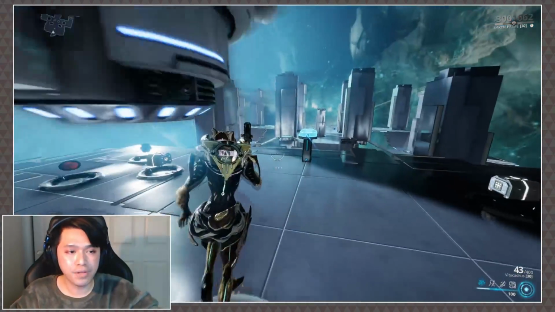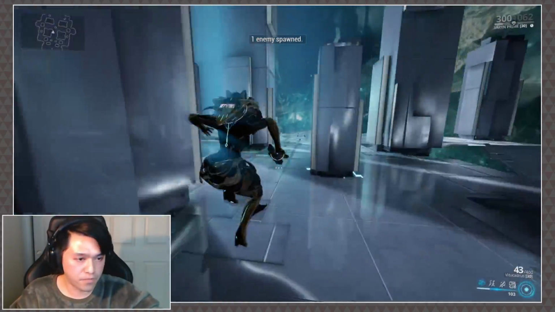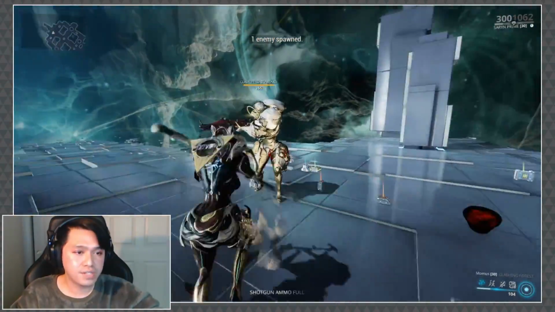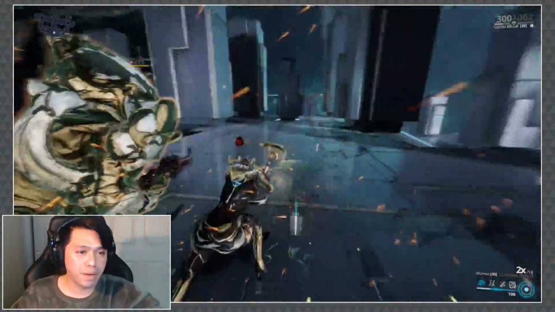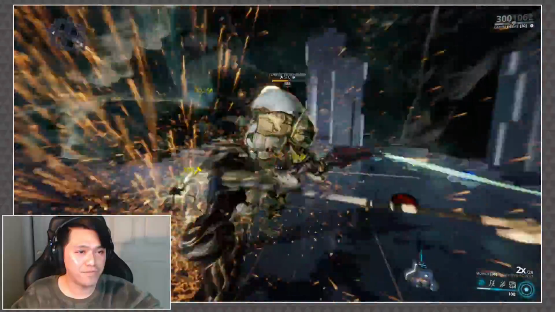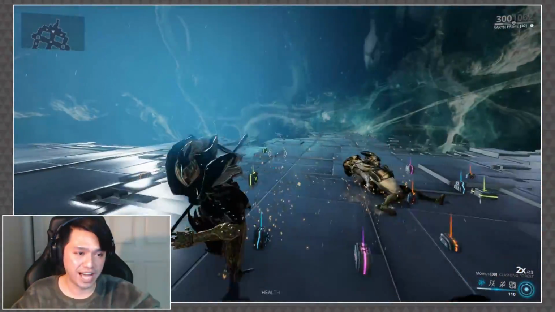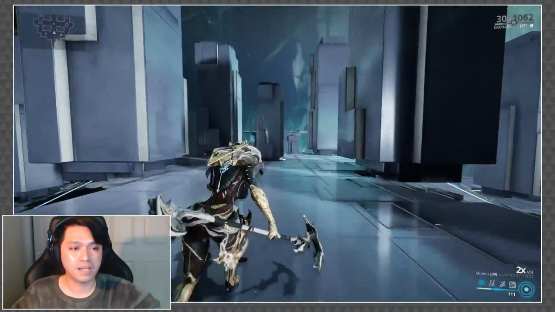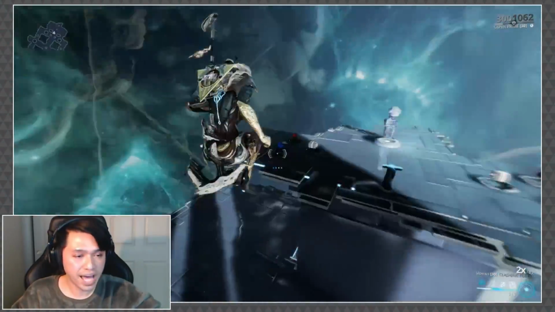So let's take a look at how this performs on a single target without any help from Saryn whatsoever. As you can see right here, oh no, this is the forward one. Sorry, I always have to remember the combos to ensure that I'm not flinging myself around the map. But as you can see, this hits very, very fast. It hits incredibly fast, applies a lot of status, takes advantage of that Condition Overload that we have on it,